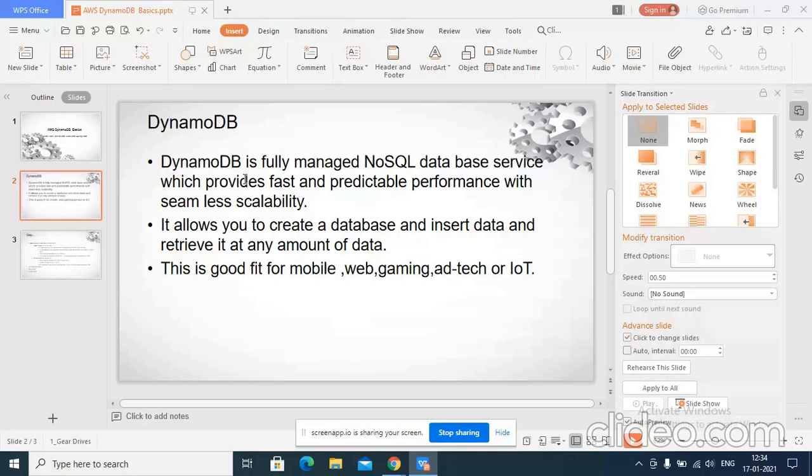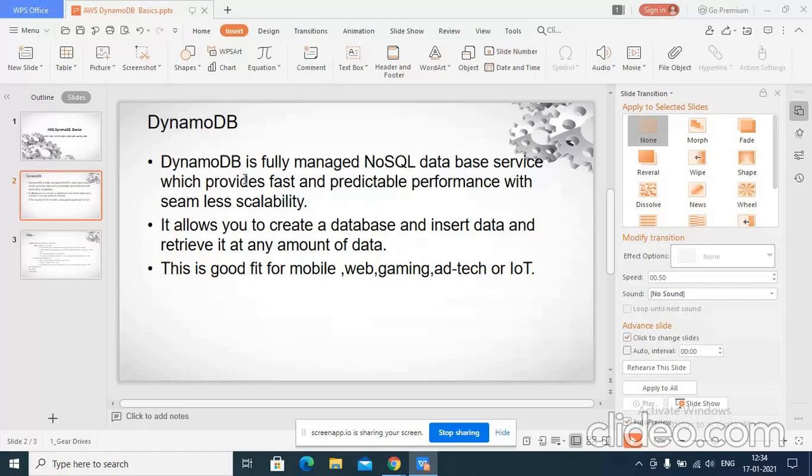AWS will take care of all that. That's why its performance is very predictable. You know what the performance of your database will be in the worst case. So everything is stated, you are aware of that, and we don't have to care about it right now.